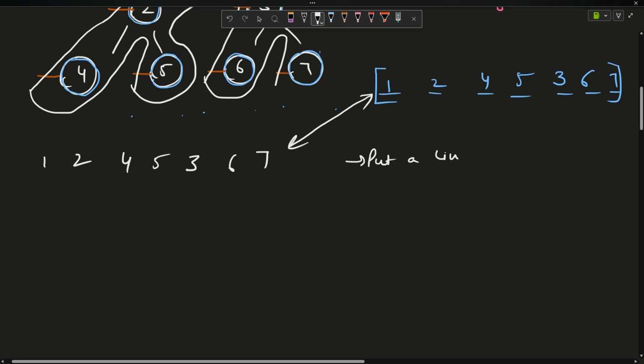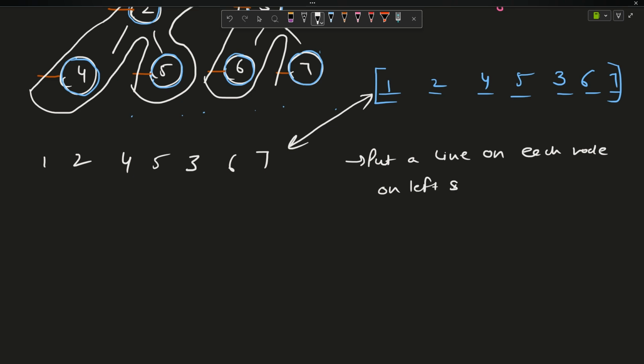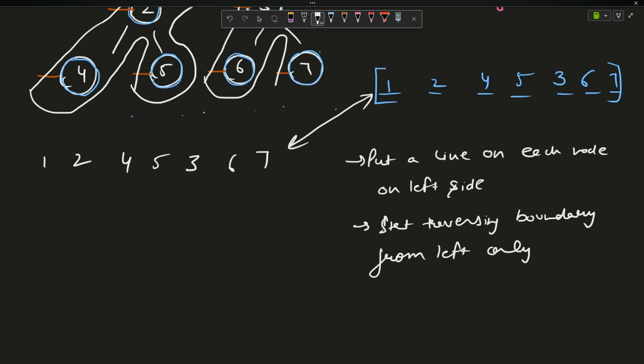Put a line on each node on the left side, and start traversing the boundary from the left only, right? This is the only hack you need to know about pre-order traversal. Stay tuned with the playlist and you will get the same hack for in-order and post-order as well, right? Okay,